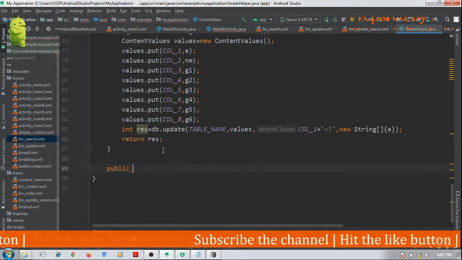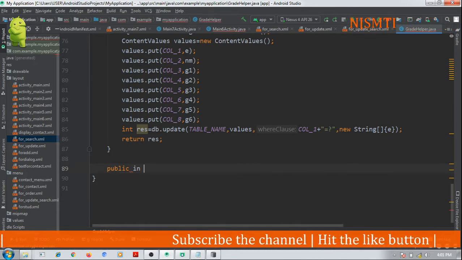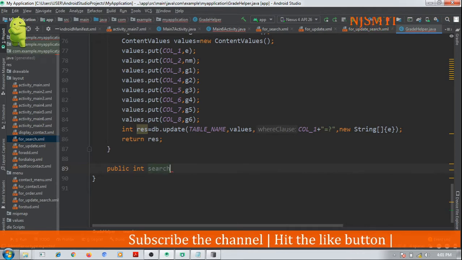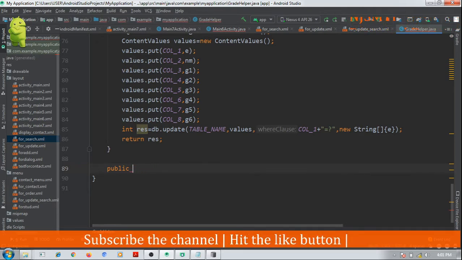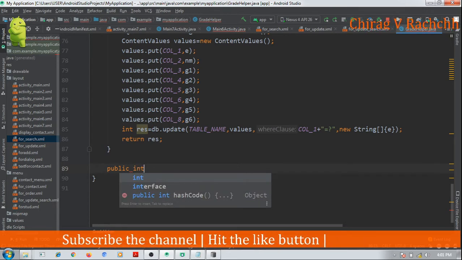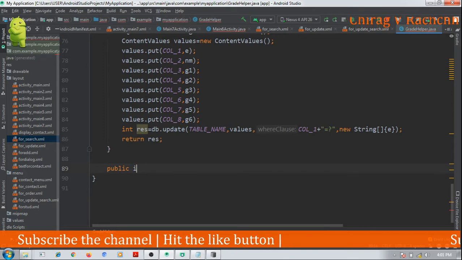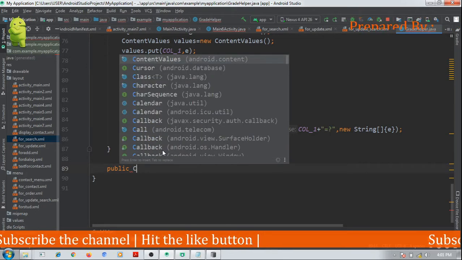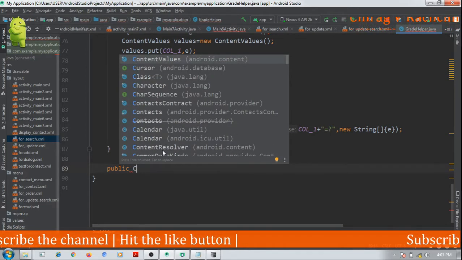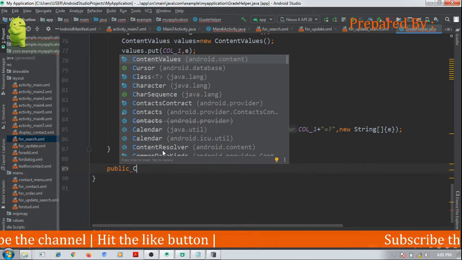Okay, public integer search. Integer means how many records are available, but it will not give that. What should we return from here?